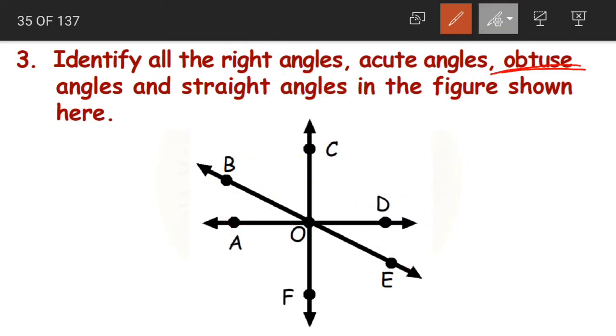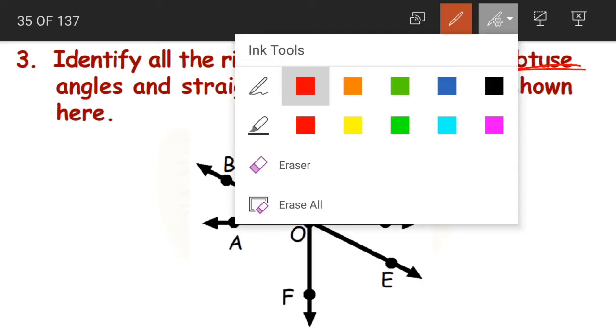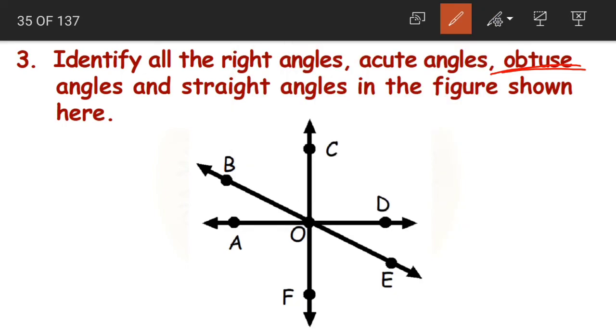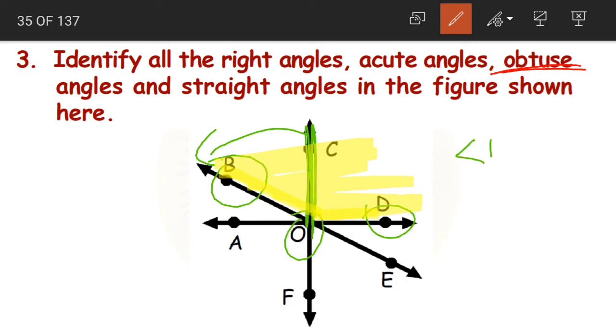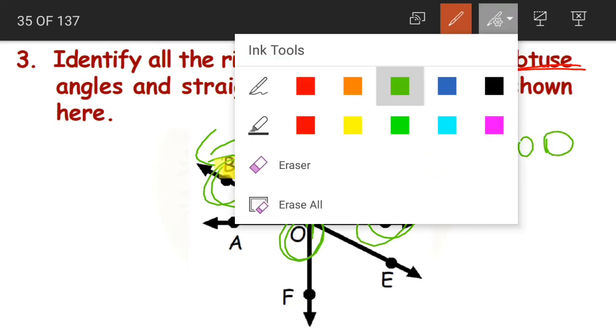Now coming to obtuse angles are the bigger angles. Yes, so let us look for the bigger angles that are bigger than our right angle from here to here. Yes or no? This is here in the middle, this is our right angle line, but the angle is beyond our right angle, bigger than the right angle. So it will be an obtuse angle. And what will be the name of these, children? DOB or BOD, angle BOD. Yes, angle BOD is an obtuse angle.